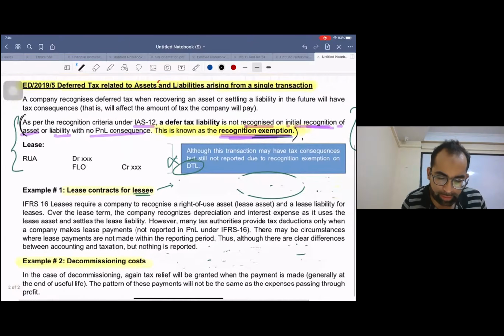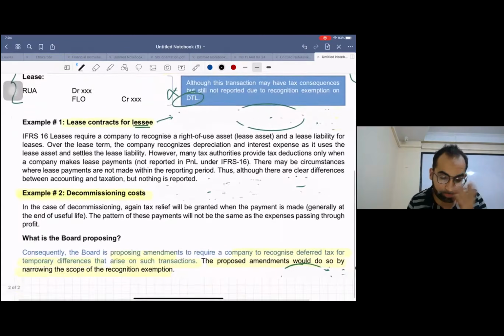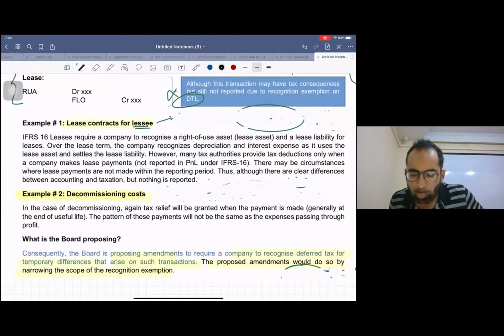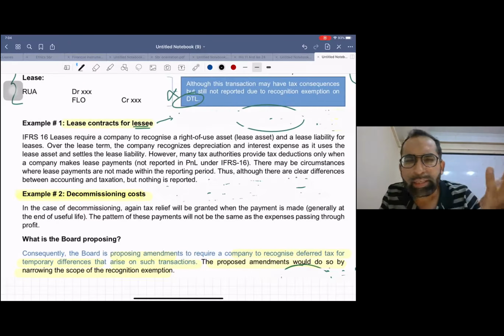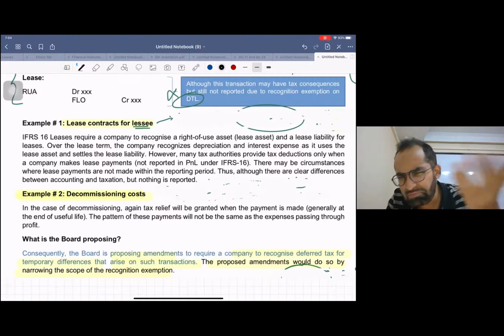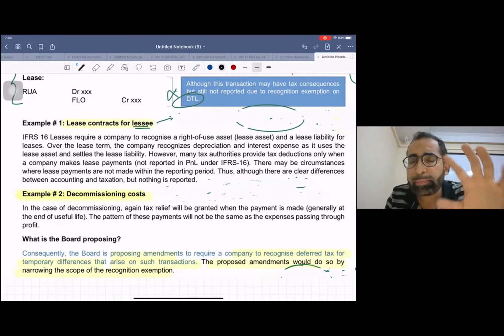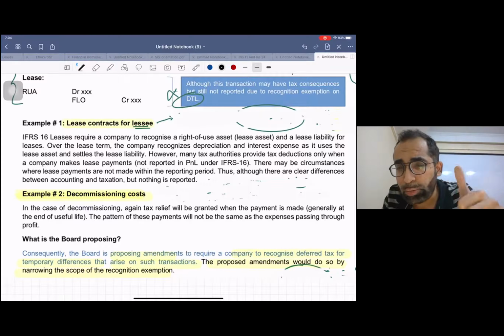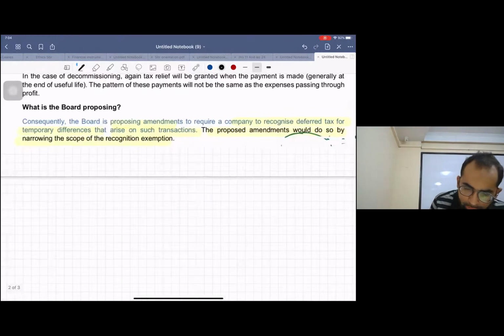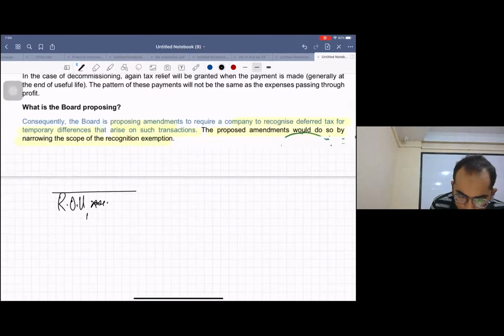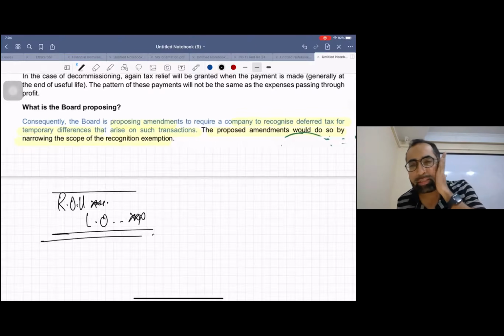The first one is the lease contract for lessee. Now listen. Whenever we acquire an asset on lease, in the lessee's books, according to the new IFRS 16, nowadays 90-95% of leases are finance leases, except for a few cases. 99% of leases are now finance leases. Okay, and in that case, let me make the entry. We make the entry: ROU debit and lease obligation credit.